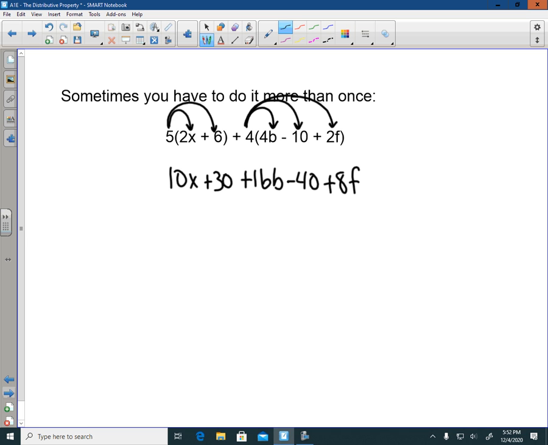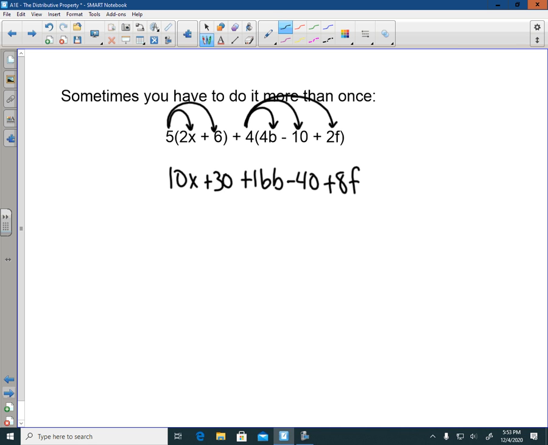And then we can check it. Now let's see. We have 10x plus 30 plus 16b minus 40 plus 8f. Are we finished? Well, we got rid of the parentheses. But the other thing we have to check is whether or not there are like terms. Well, let's see. This 10x, if I look through the rest of this expression, I don't see any more x